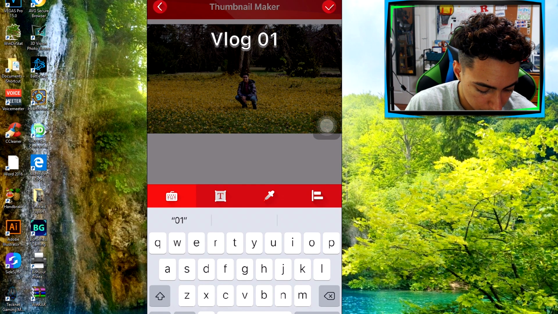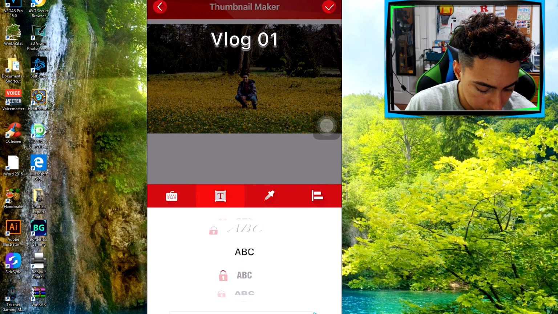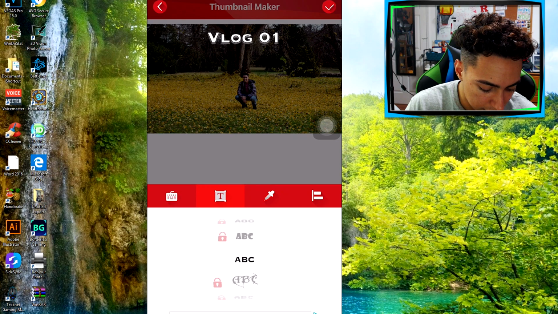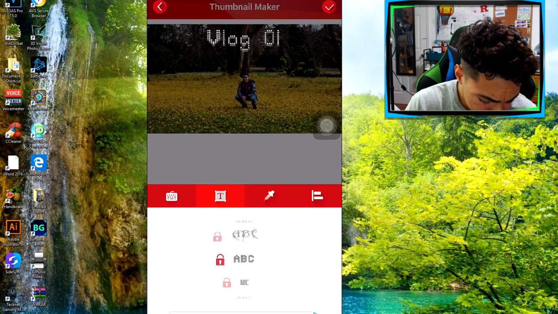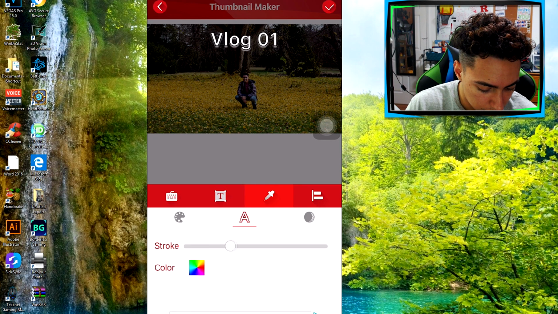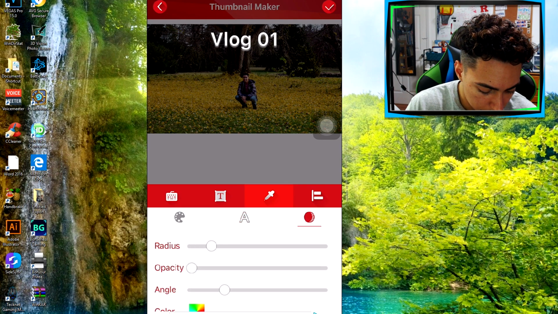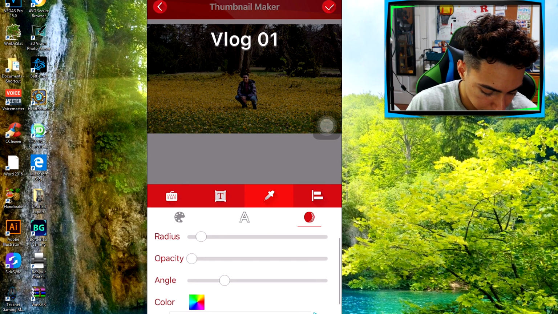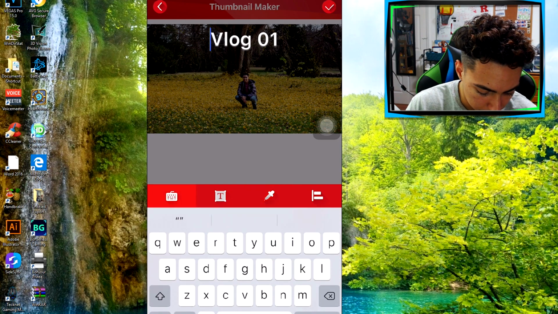All right, and then here you can pick the thumbnail fonts. These that are locked are the ones you get if you buy the premium version, but there's some decent free ones here. As you guys can see, you just got to mess around with it and you can make it look really good. So right here you can add the stroke. I personally like it about right there. You can change the color if you want. This is right here, the radius. You could keep it like that. Opacity, obviously you want that. And then after you're done, you can click here at the check,